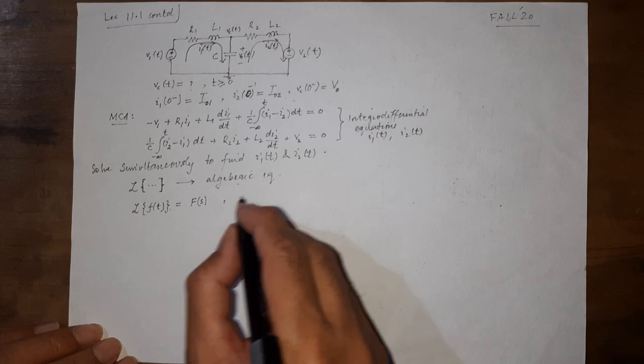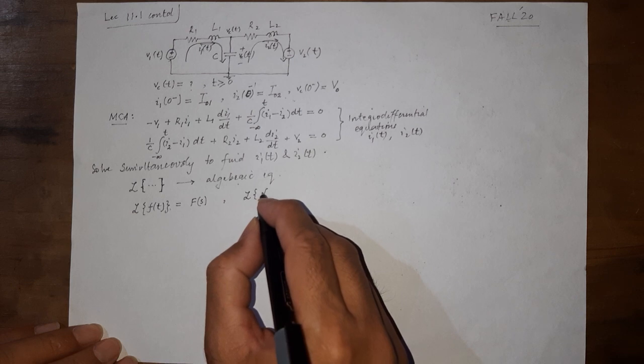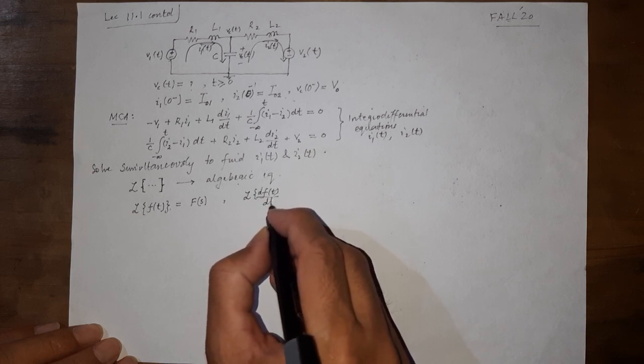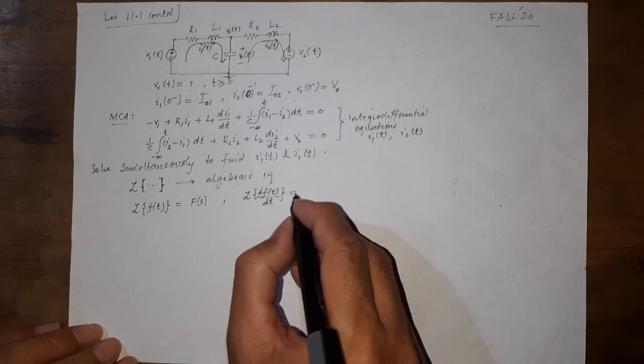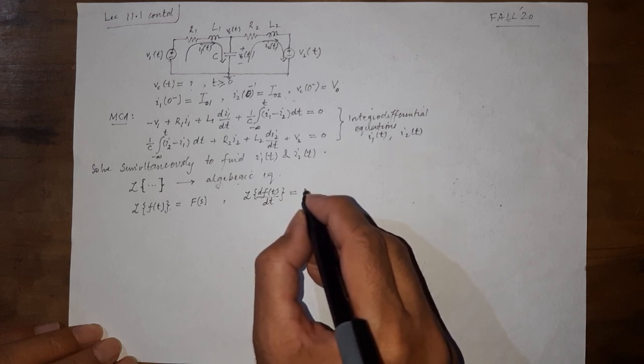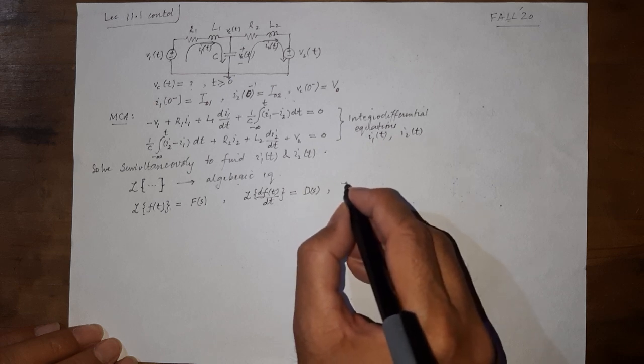And suppose there is a way of describing what the derivative of that function becomes. This is also defined somehow. Say it is some d of s,